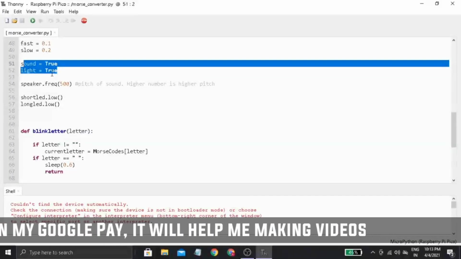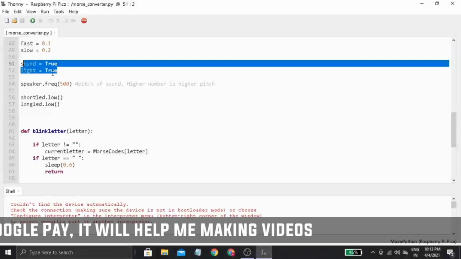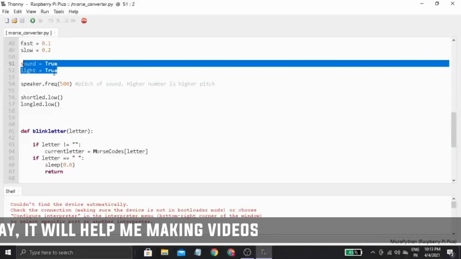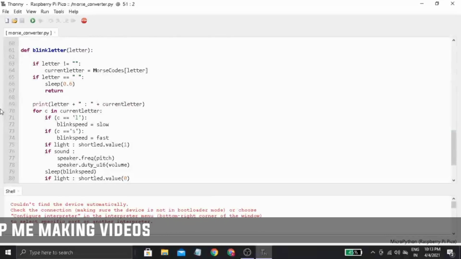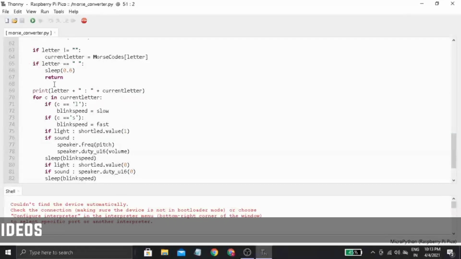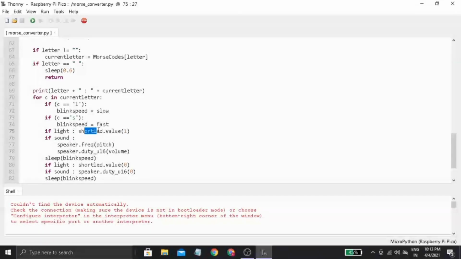And if you don't have sound, if you only have light, you can keep the sound false. So that is basically doing nothing. It's just for a formal code. Okay, and nothing else. So basically if light is true, then short LED dot value equals 1. Okay, so I will put the short LED, which is essentially my long LED also in my case, so that will be higher.